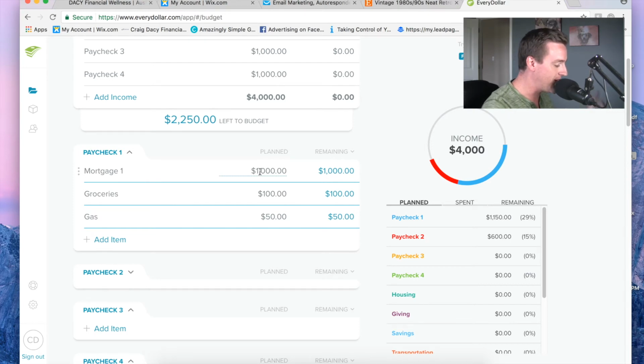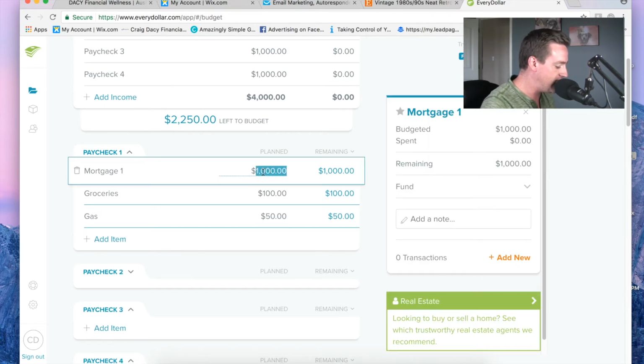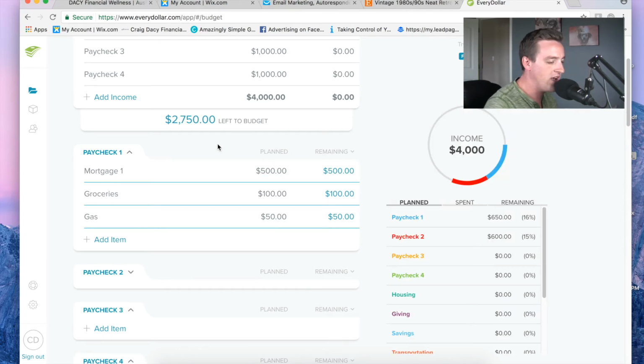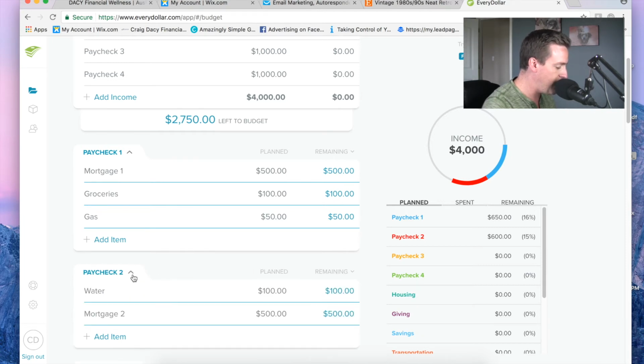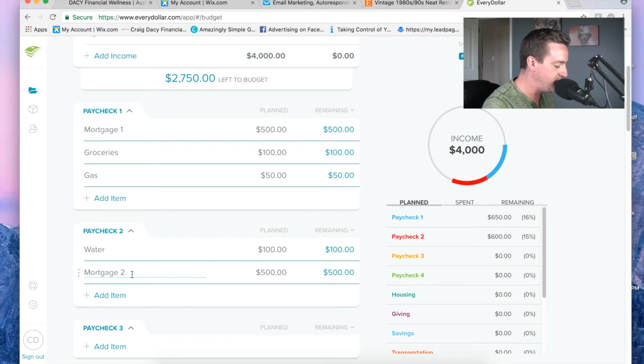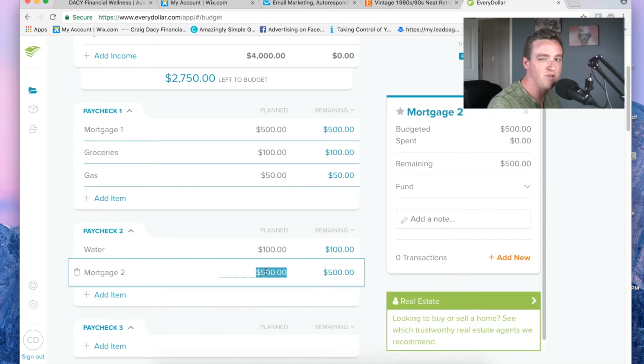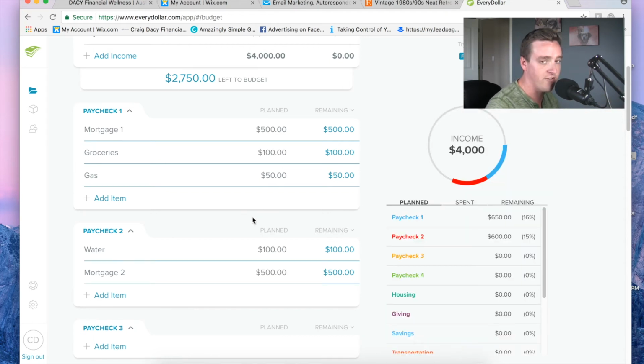So what we're going to do is come in here, and if the mortgage is due in the middle of the month, then maybe from this check I only need to set aside $500 for the mortgage. Then out of Paycheck 2, maybe there's mortgage 2 right there, and there's the other $500. So maybe I split it up amongst the first 2 paychecks. $500 of this check is going to go toward the mortgage, and $500 of the other check will go toward the mortgage. Okay, and now you'll see I have $650, so I have about $350 left for my first